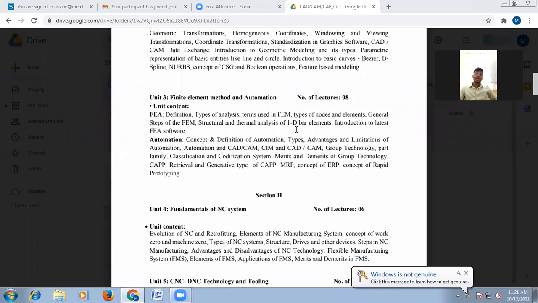So as per the requirement of different industries, we will provide them different types of automation level